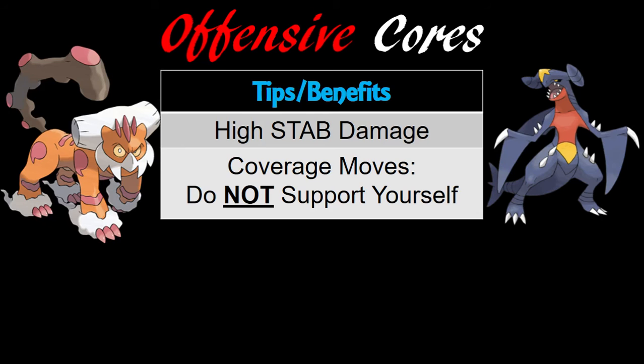Next will be the offensive cores. When you're building these, you want to focus on your STAB damage because these Pokemon often have really high stats, and coupled with STAB, you're doing extreme damage. Then there are coverage moves, your extra slots. Something you want to be careful with when you're going over coverage moves is you want to pick moves that support your other Pokemon's weaknesses, not your own. It's important to do this because